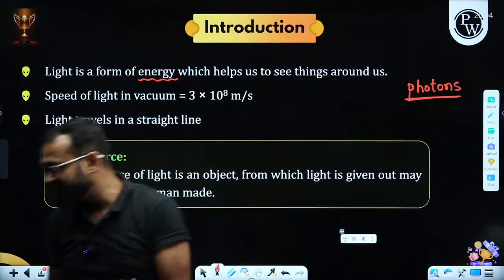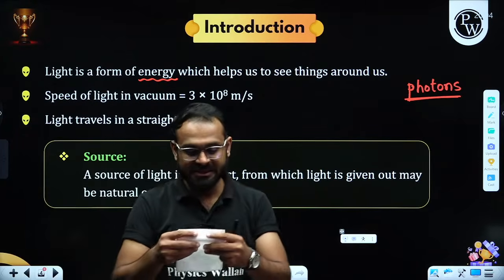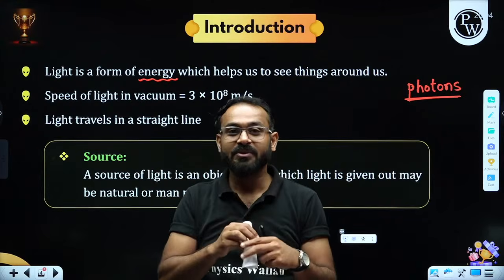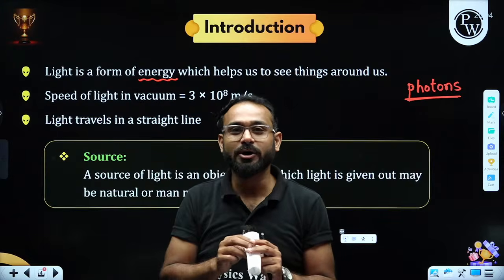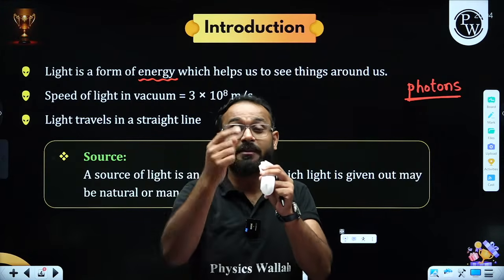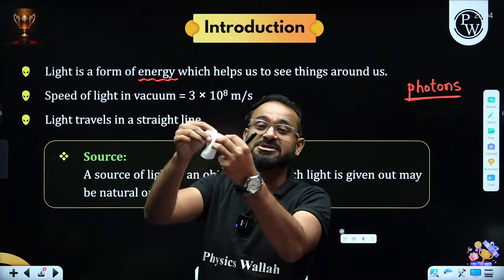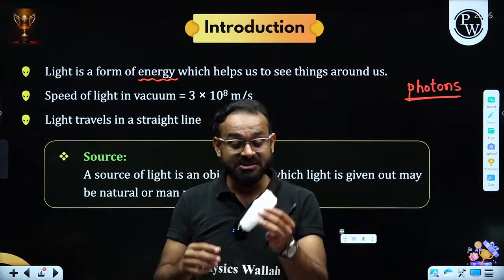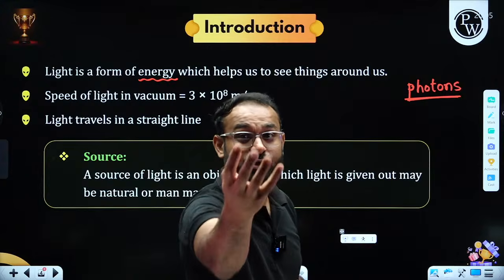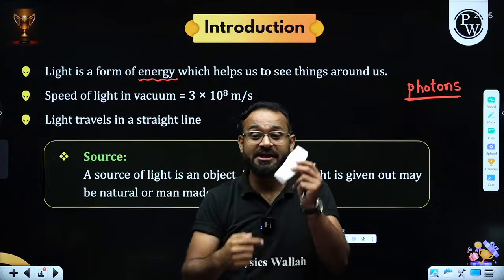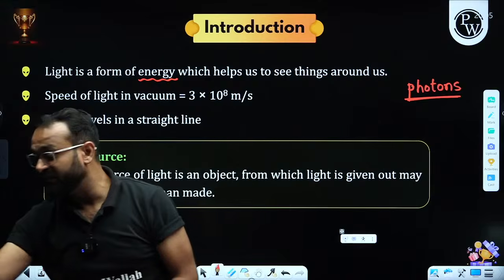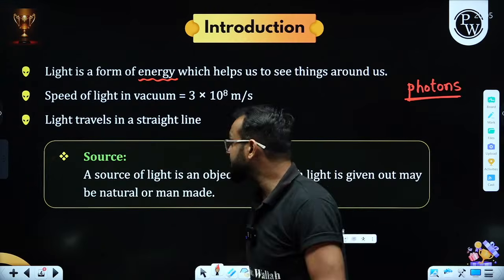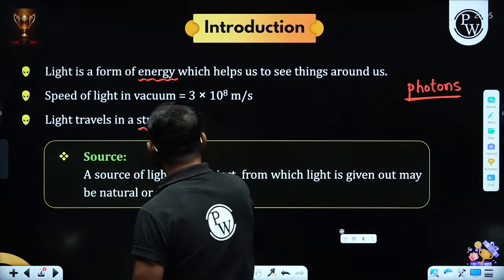You may perform that experiment. Consider you are having one page, and I am going to roll that. If I want to see you from one side, what is going to happen? You would be able to see me, or I would be able to see you. What if I make a twist? Sir, you cannot see us. You cannot see us in that case. Why? Because the light which was incident towards you and coming towards me was traveling straight. Because this is twisted, it is not visible to us. This is why we are able to understand the light is always traveling in a straight line. Clear?